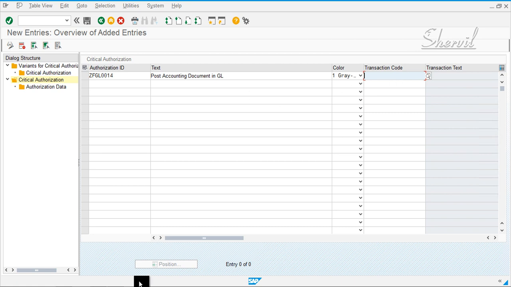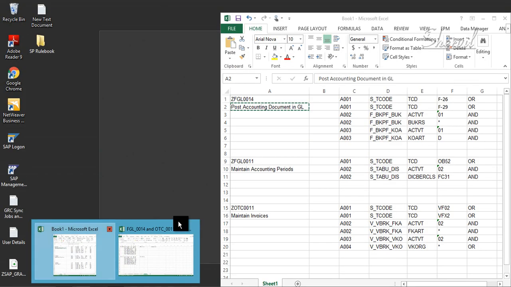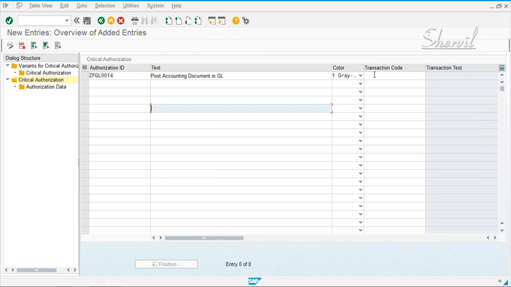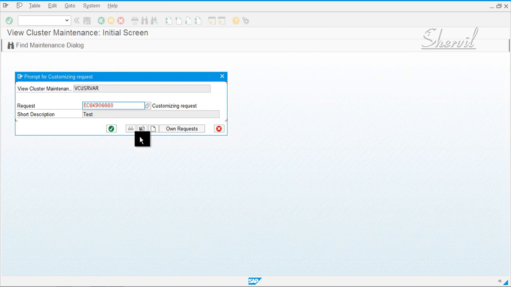Because we may sometimes have multiple transaction codes, preferably don't use this field, but hit the Enter key and then go and maintain the transaction code values in the S_TCODE object. Click on this, and if you want to save, you can save and then create a transport request.